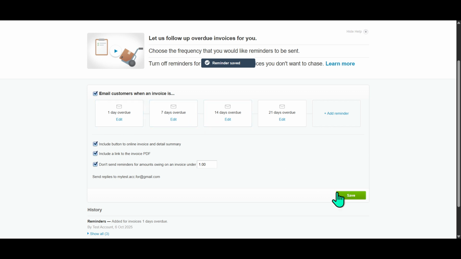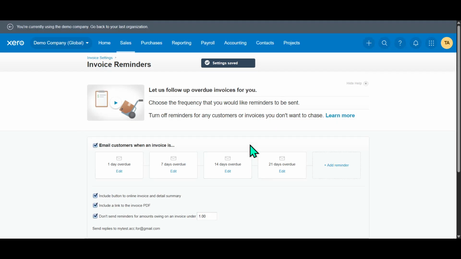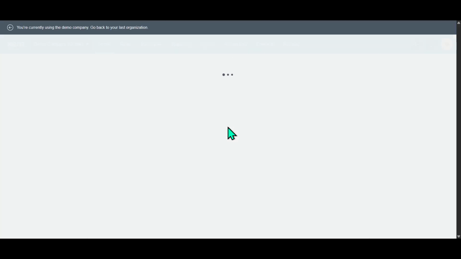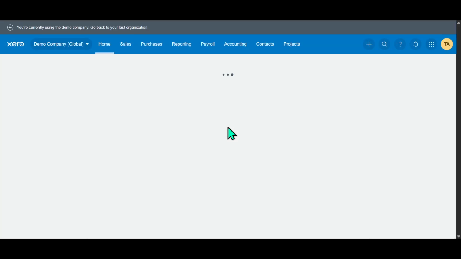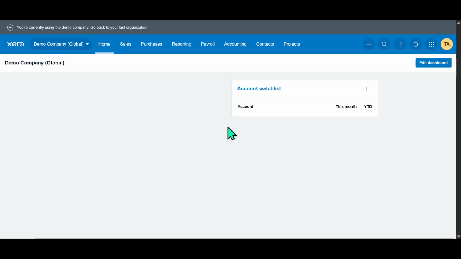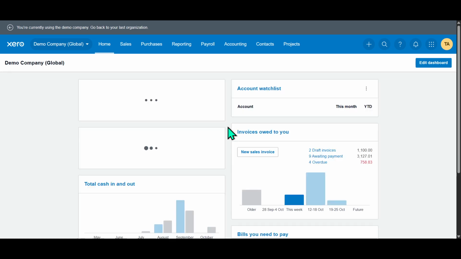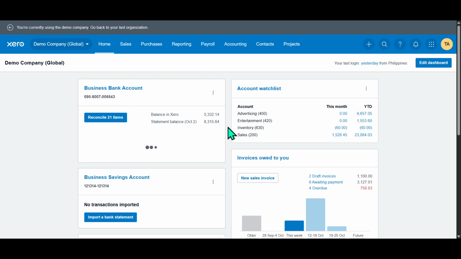With that click, you're all set, and your invoice reminders are now automated, ensuring invoices are flagged and followed up on without you having to lift a finger. It's a simple measure that can make a huge difference in maintaining a healthy cash flow, allowing you to focus on growing your business rather than chasing unpaid invoices. And there you have it. By setting up automatic invoice reminders in Xero, you'll streamline your invoicing process, reduce overdue payments, and free up valuable